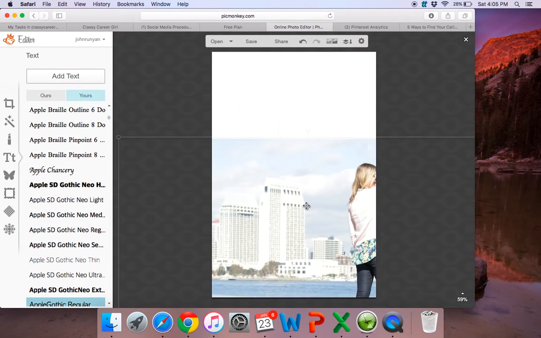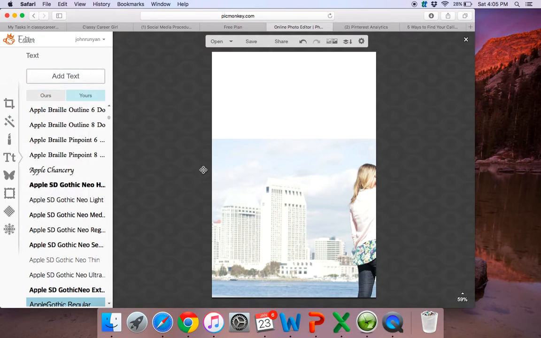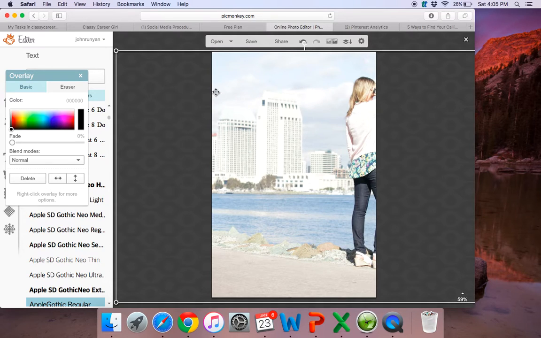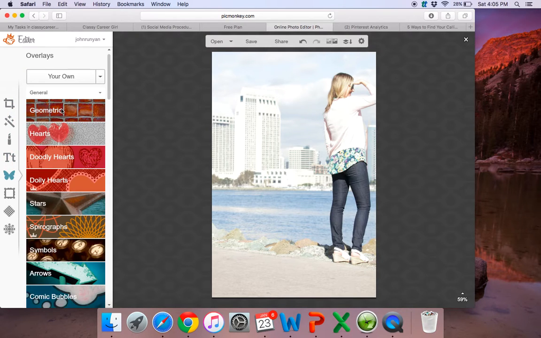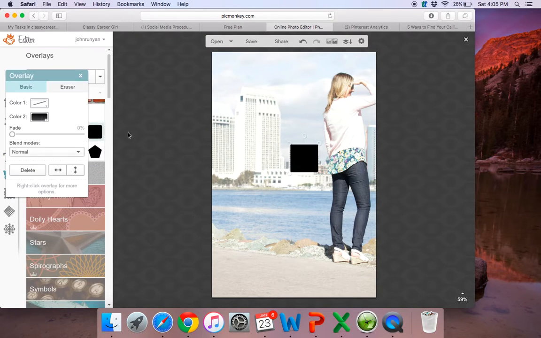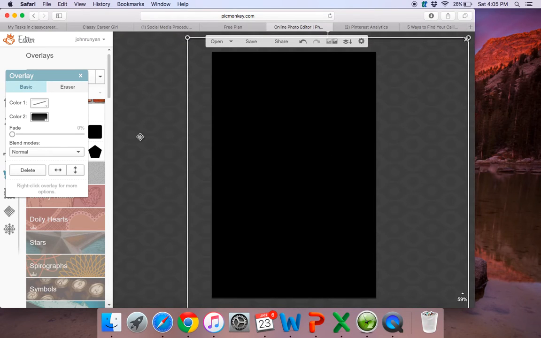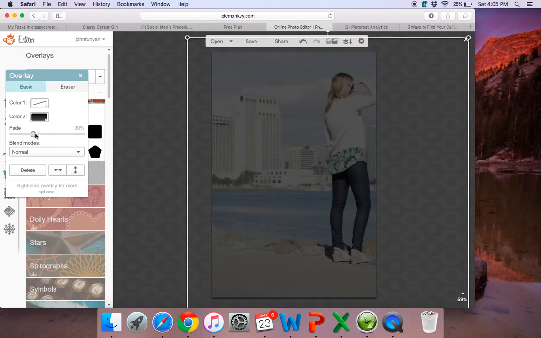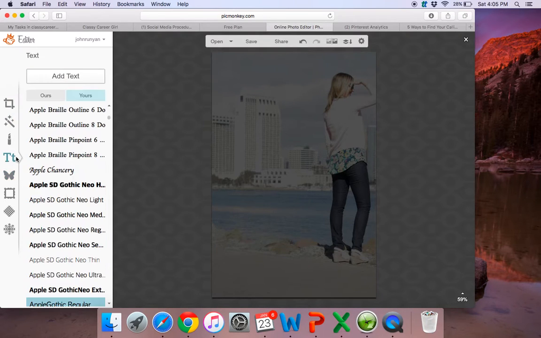So here's what I'm going to do. I'm actually just going to delete that for now. This is a good one for you to see. I want to take this image and darken it so that I can put white text on it. Don't worry, it's not going to look like this, but I'm going to fade it a little bit. So I faded the image. So now when I go back and I put this text on here,